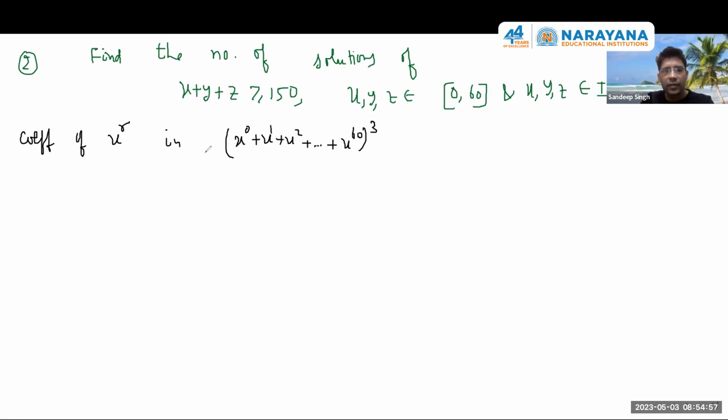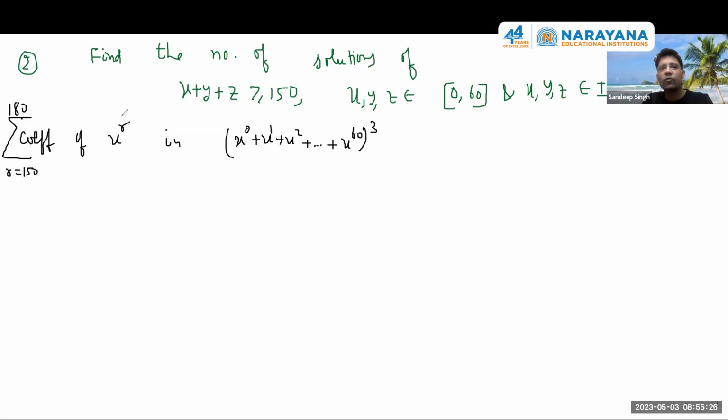So coefficient of x power r, and that too r can vary because coefficient of x power 150 is allowed, 151 is allowed, till what? So obviously what could be the maximum value of x plus y plus z? It could only be 180. So either you can do it like this, r varying from 150 to 180. But in this problem, this does not seem to be quite a satisfying approach,